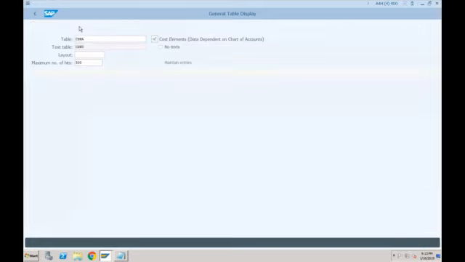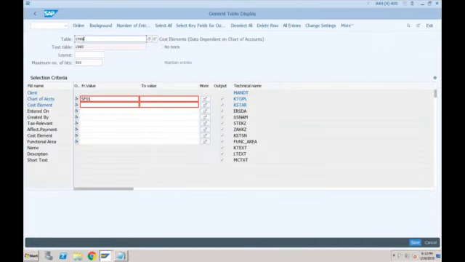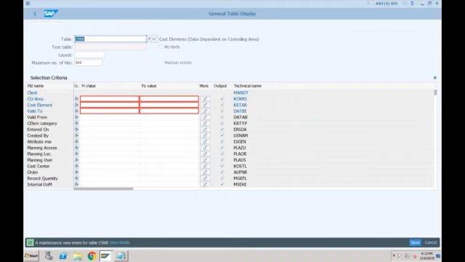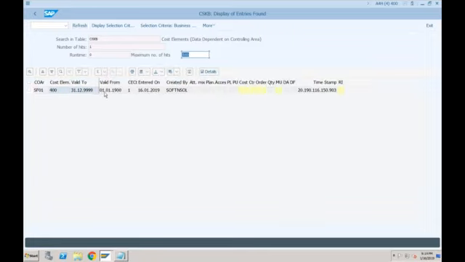You can see even the cost element table is the same. So CSKA, CSKB are still available. This is for the controlling area level. So SF01, and it will show you the data. Okay, this is by default. See, the system is not asking us for a valid-from date. This is something which is automatically getting stored in the background. By default, the system is putting it from 1900 to 9999.